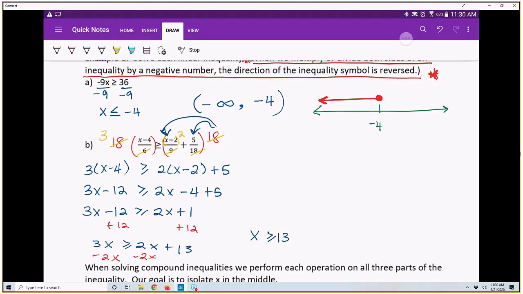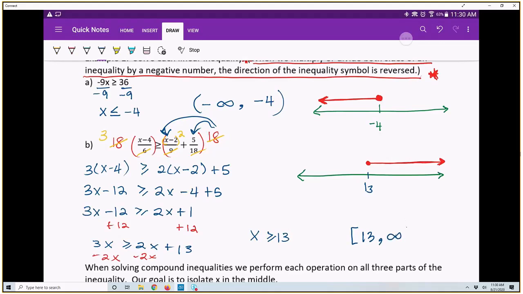I want to write that as an interval. Let me draw the number line. I see that I have 13 here. I'm taking numbers that are greater than or equal to 13. Since I have greater than or equal to, I have a closed dot. And which direction do I go? I go to the right because greater than. So everything from 13 on up, in interval notation, that should be 13